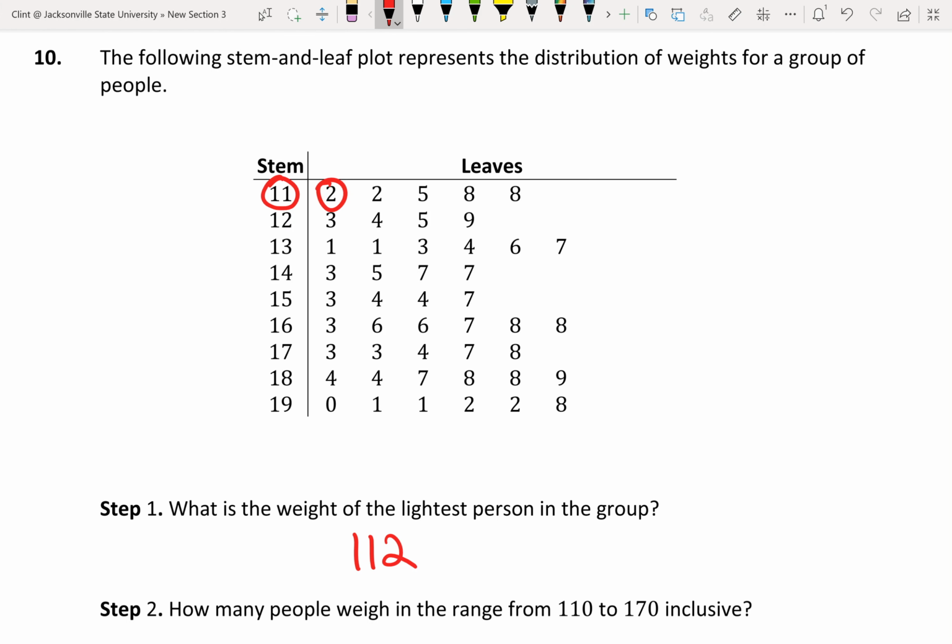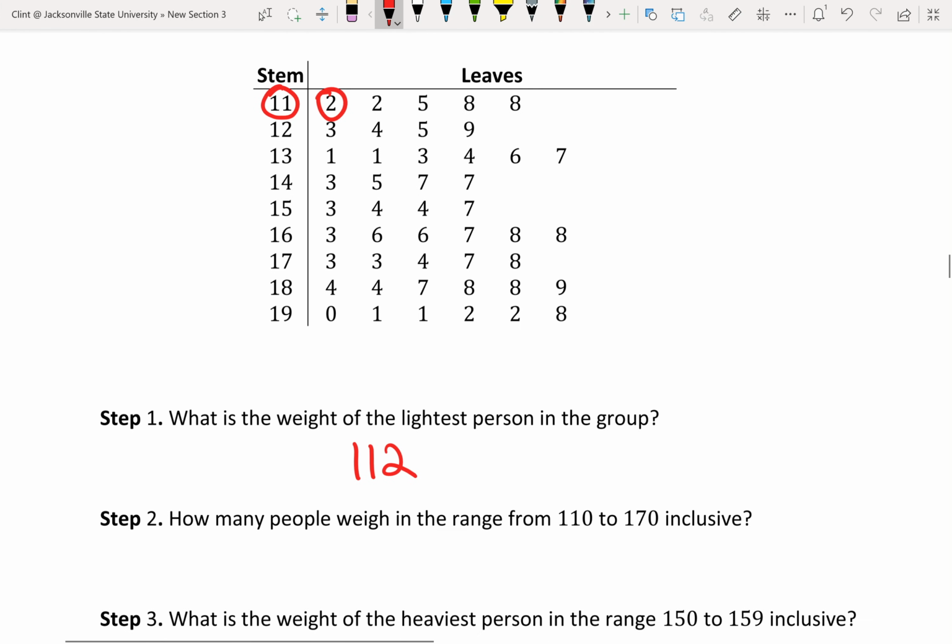Step 2 says how many people weigh in the range from 110 to 170 inclusive. Okay, so if we start at 110, that would start here. So we're going to count the first row, second row, third row, fourth row, fifth row, sixth row, and then if we have anybody that's 170, we don't. So we're counting